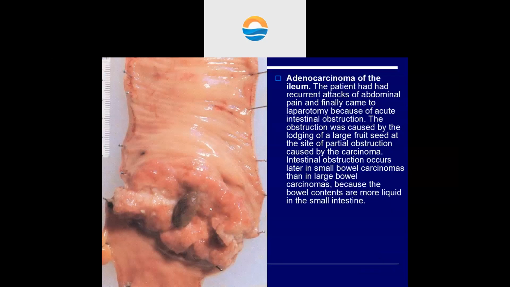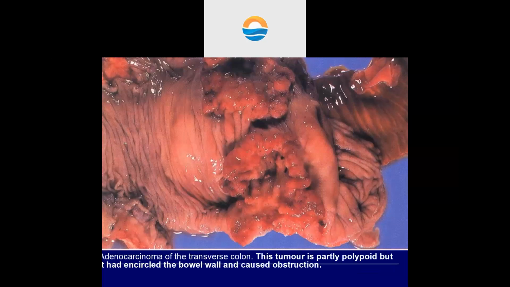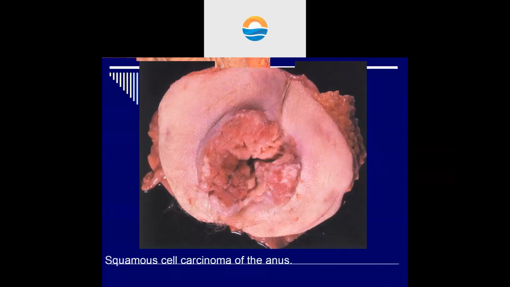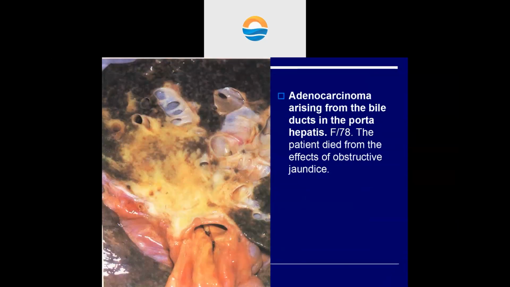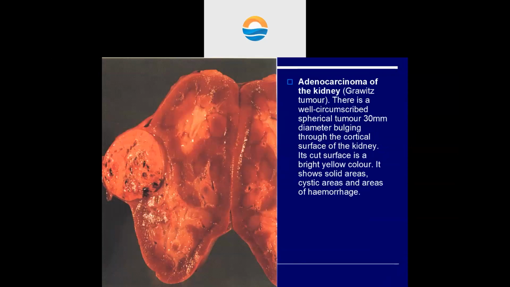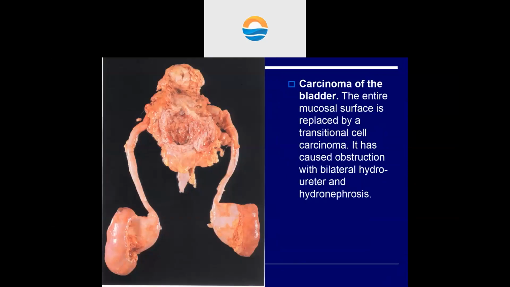And I have already shown you the adenocarcinoma of ileum with obstruction, adenocarcinoma of cecum, colon, transverse colon carcinoma, rectum, carcinoma of anus, bladder, again I'm showing you, bile duct carcinoma, kidney, transitional cell carcinoma, ureter, showing you again, carcinoma of the bladder,